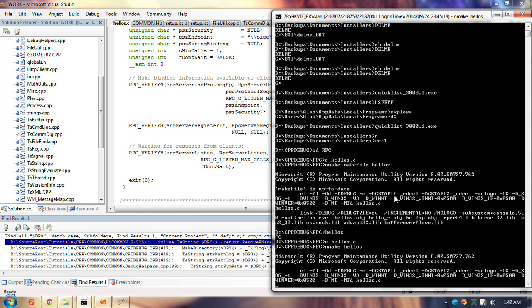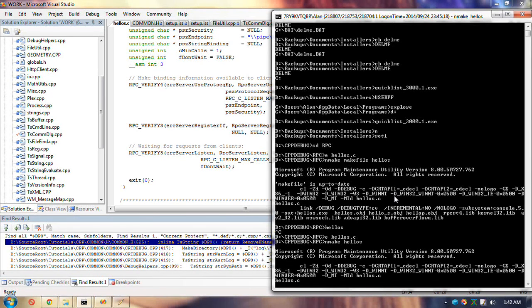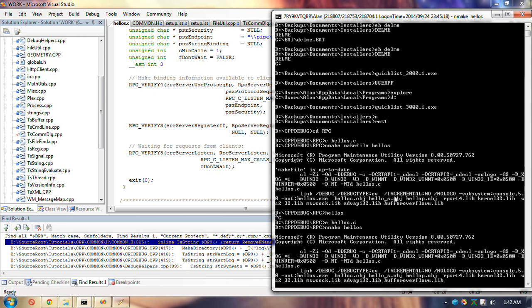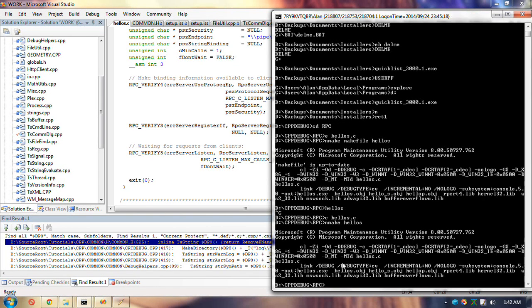The server. I don't know why this works here. It doesn't work. I added all these includes. Maybe they're different from mine for client and server. Maybe I forgot that underscore. I don't know.